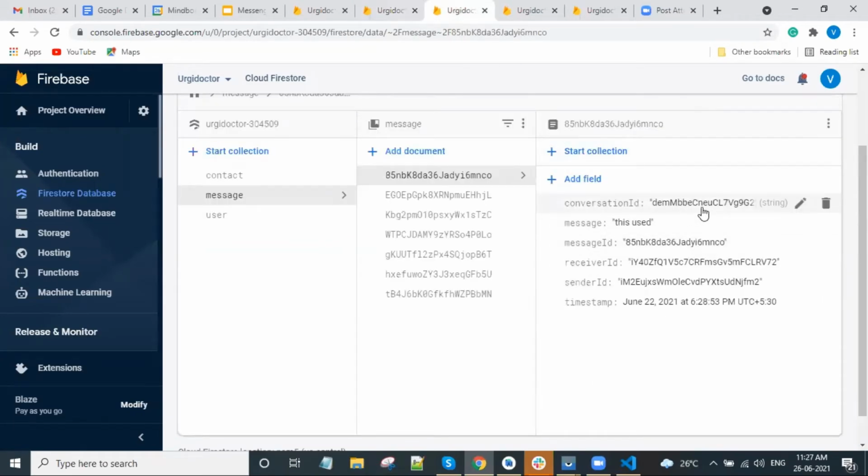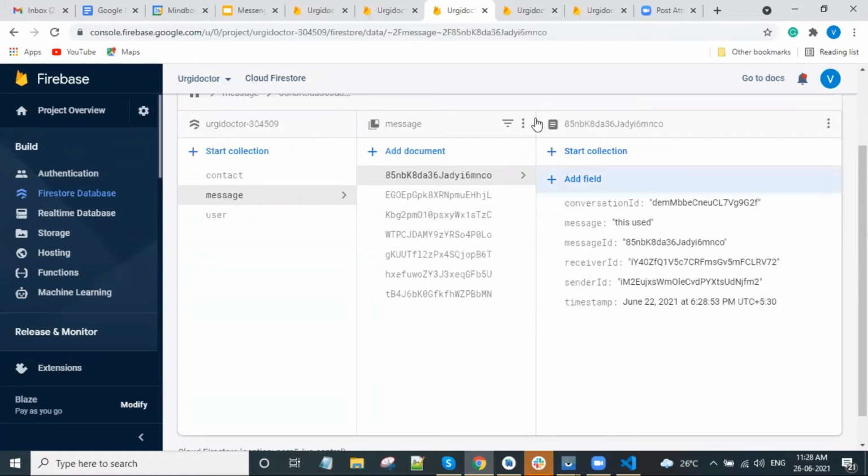The conversation ID is stored here, along with the text message, the message ID, receiver ID, sender ID, who is the sender of that message, and the exact timestamp of that message. So this data is maintained in this message collection. This is just the basic database structure.